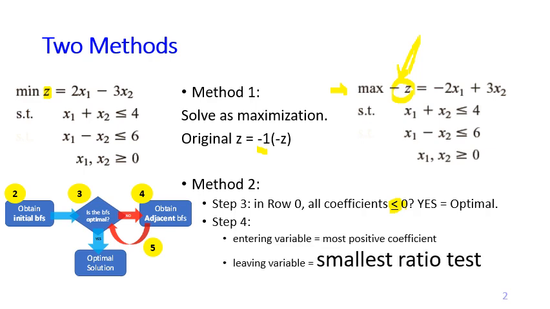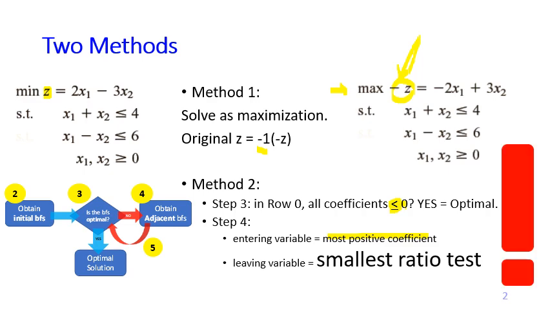And then you go to step 4 by choosing the variable with the most positive coefficient as the entering variable. And then for the leaving variable, as usual, you do the ratio test, and the winner is still the smallest ratio. I write this with a bigger font because this is really important,